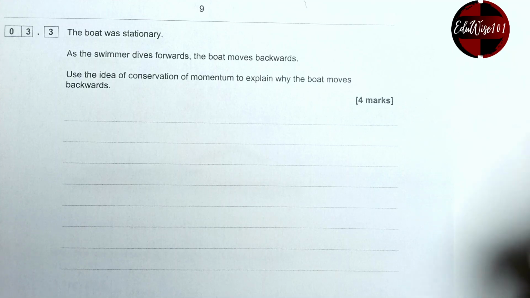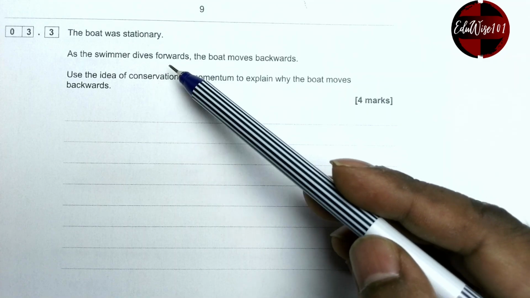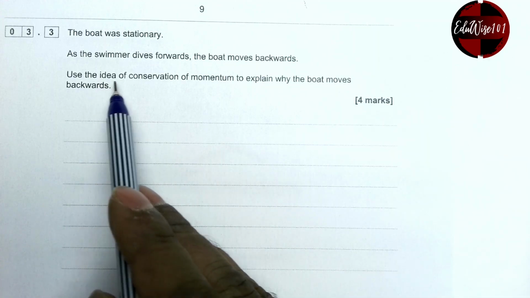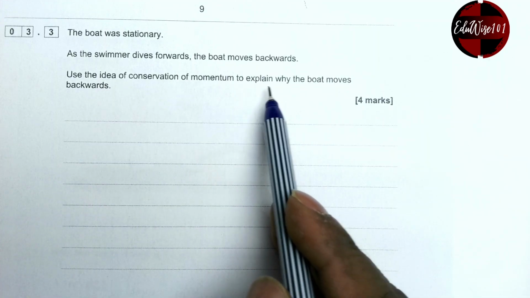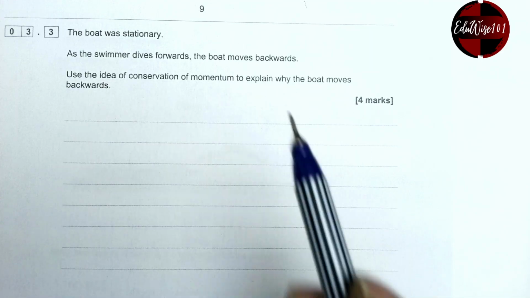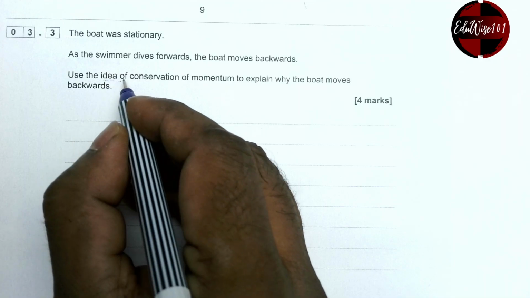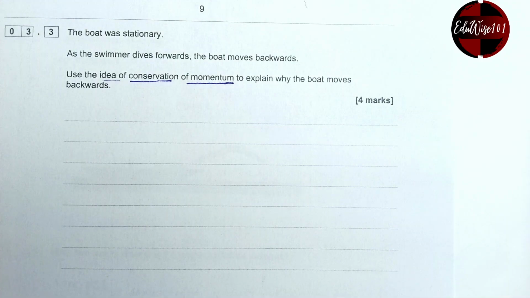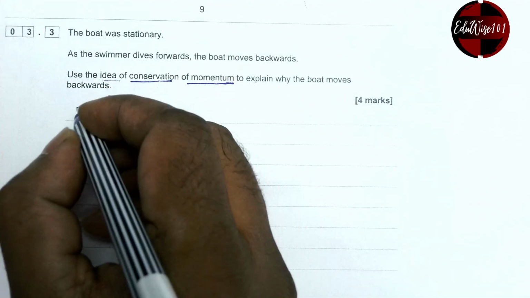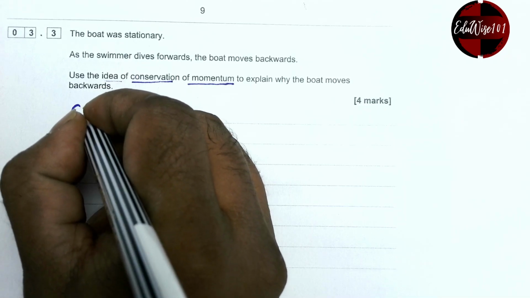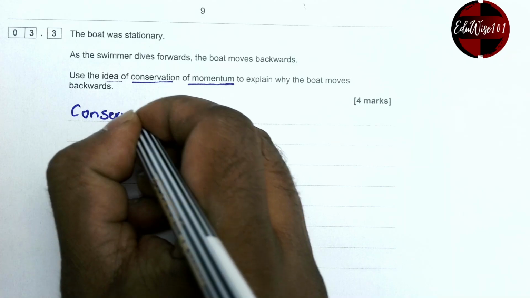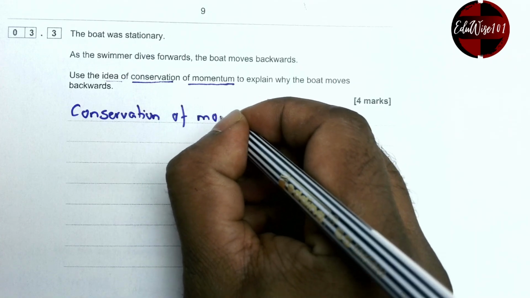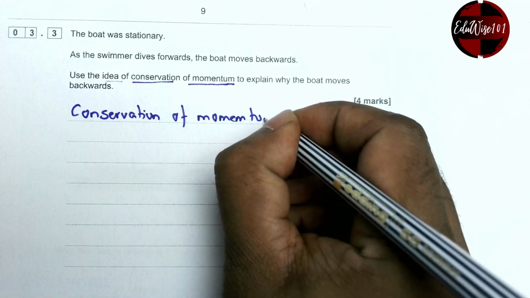3.3. The boat was stationary. As the swimmer dives forward, the boat moves backwards. Use ideas of conservation of momentum to explain why the boat moves backwards. So I use the idea of conservation of momentum. What does that actually tell you? Conservation of momentum